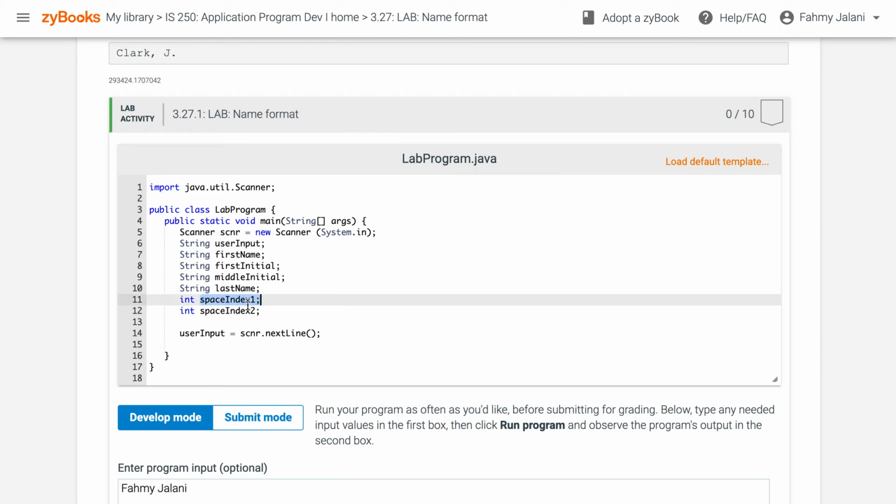This is basically to locate the first word in the character. User input index of